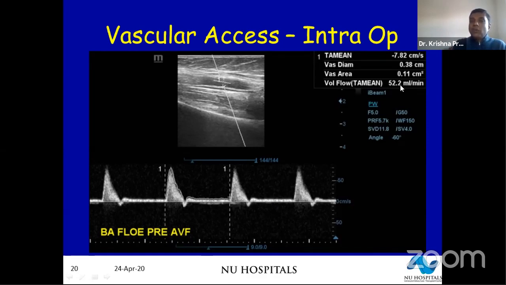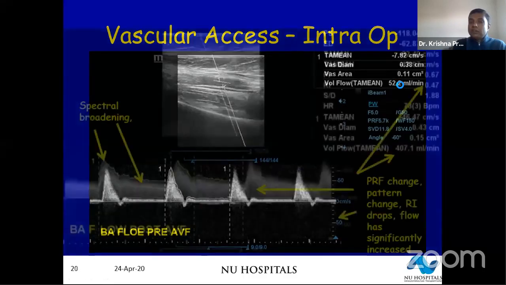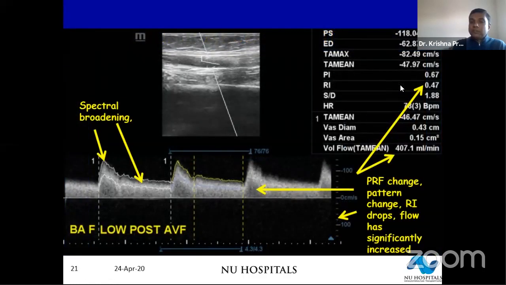Look at what happens when you finish creating the fistula in the same patient. A completely changed pattern. It now becomes a biphasic pattern. The RI has completely dropped down, like what should happen. So very low peripheral vascular resistance, a flow which is already 400 mils and should mature very quickly. So if you don't see this change in your flow patterns immediately post-op, you know you're heading into trouble on